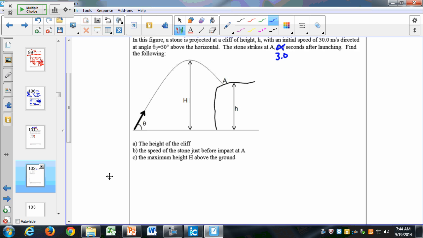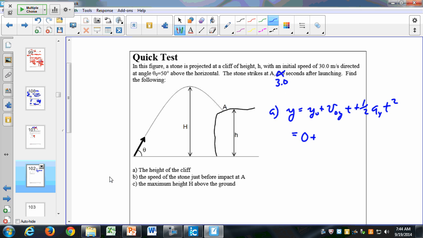Does anybody have the height? Yeah. Okay, yeah, that's right. So to find the height, since I know the time, I can just take the y function, the displacement function, equals y naught plus v naught y t plus 1/2 a y t squared. That's 0 plus v naught is